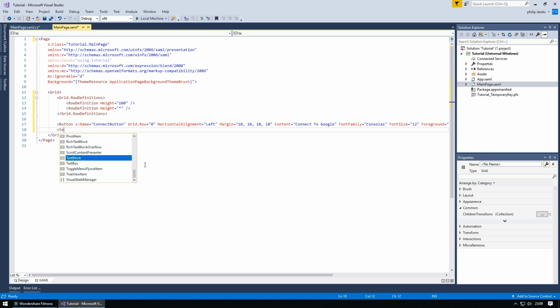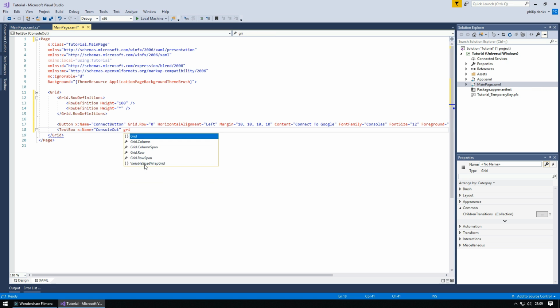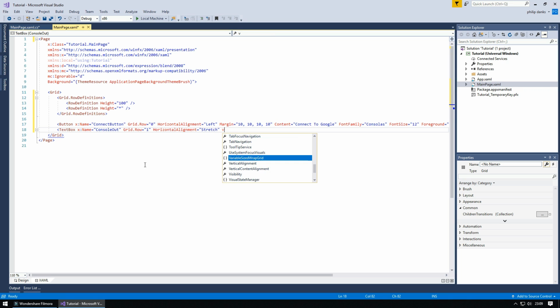So we're going to say TextBox x:Name equals ConsoleOut, Grid.Row equals 1, HorizontalAlignment equals Stretch, VerticalAlignment equals Stretch,